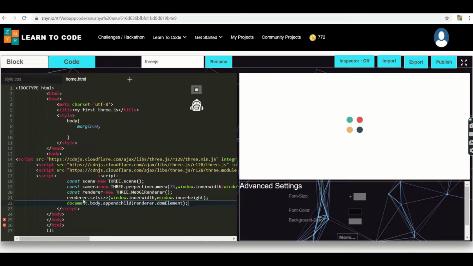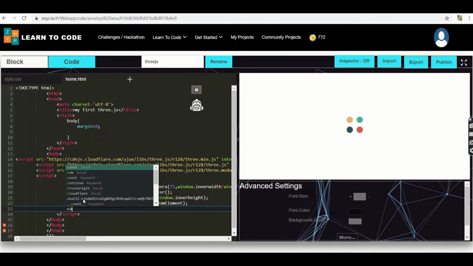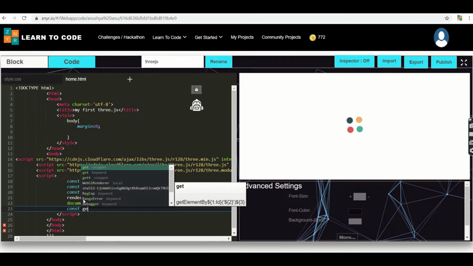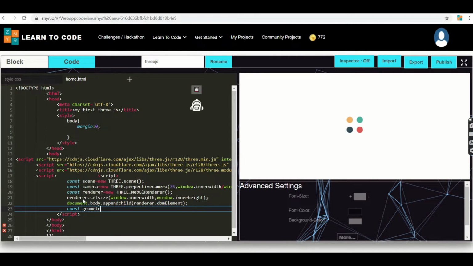So next I'm going to use the constant geometry, where geometry is nothing but it normally represents the axis or dimensions. We have to represent for the 3-dimension basis, since the cube has dimensions like x-axis, y-axis and z-axis.